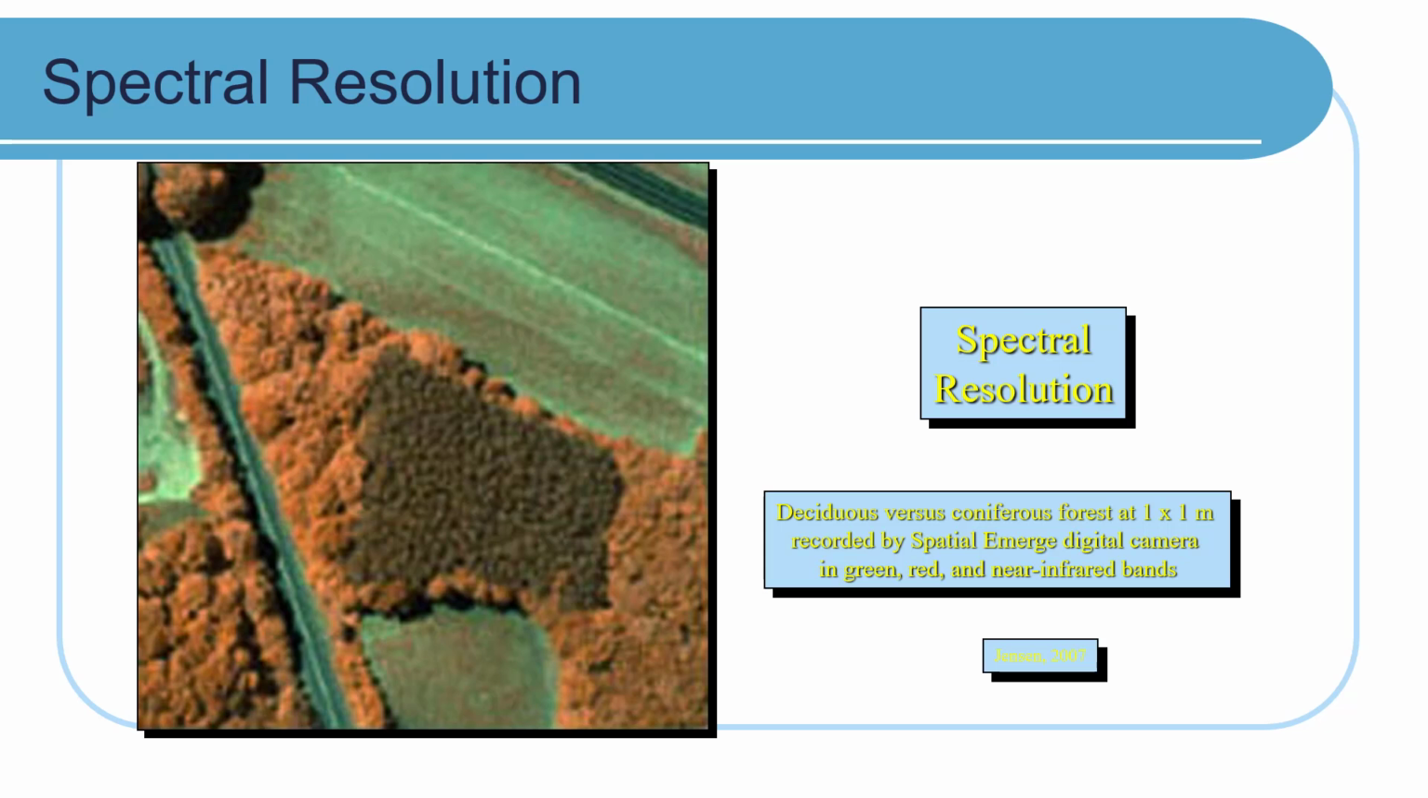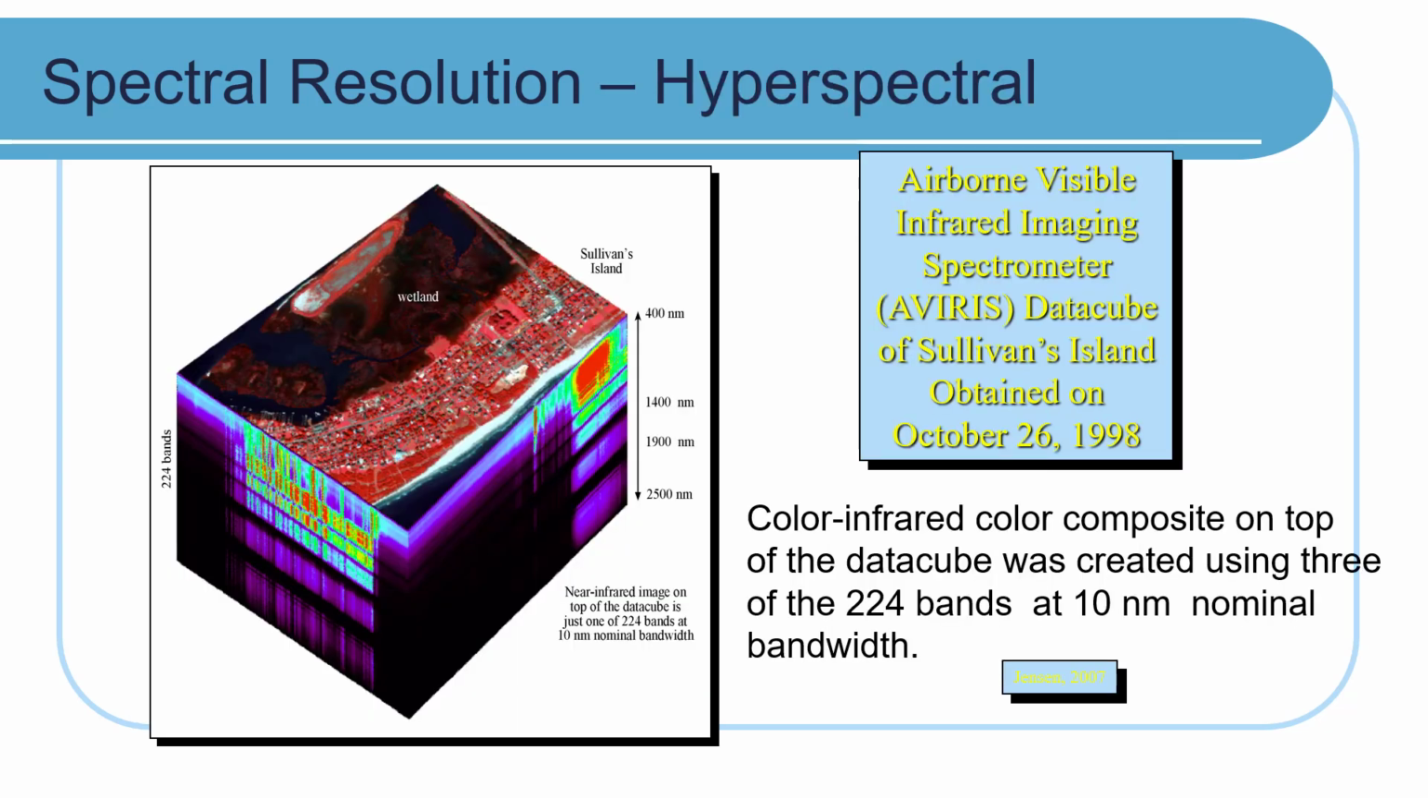So here is an example of spectral resolution of 1 by 1 meter, and it is being used to study deciduous versus coniferous forest. And this is green, red, and near infrared bands. Here's an example of our hyperspectral cube, and this is an AVIRIS data cube of Sullivan's Island. Here you have a lot more choices in